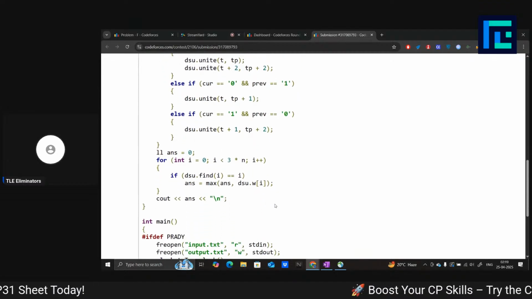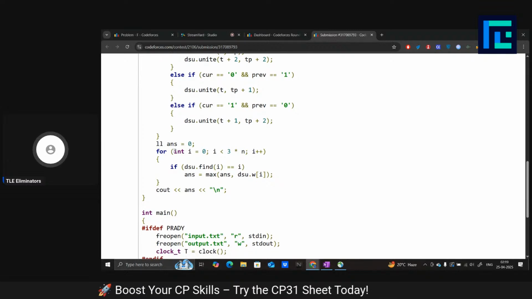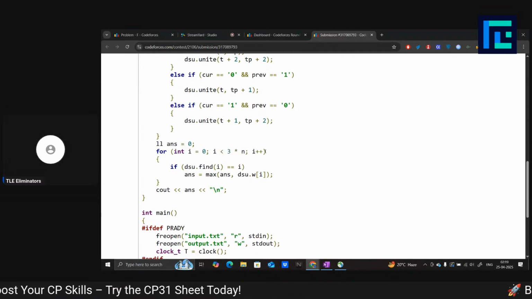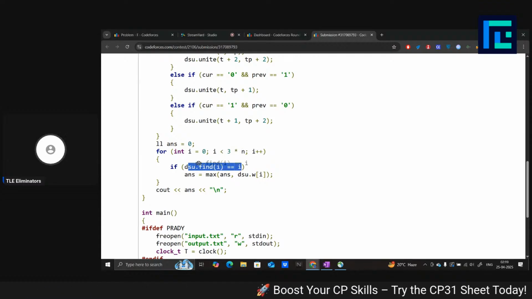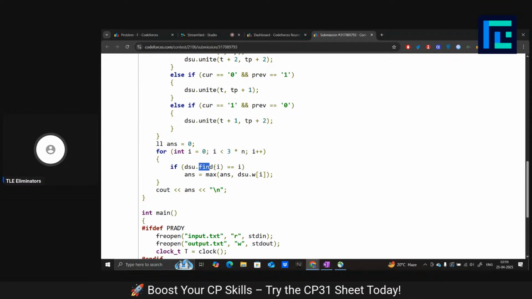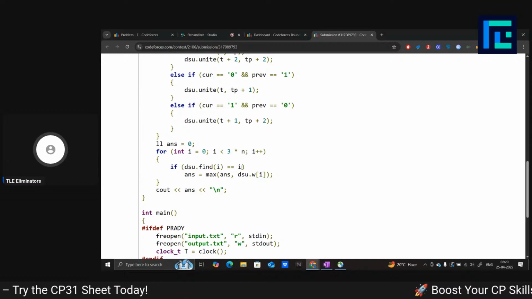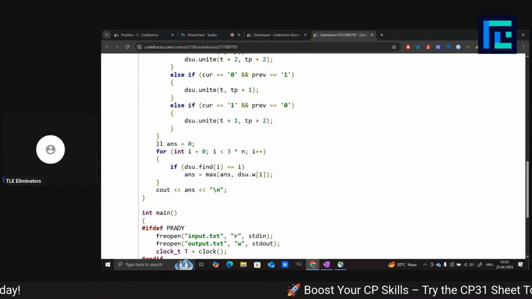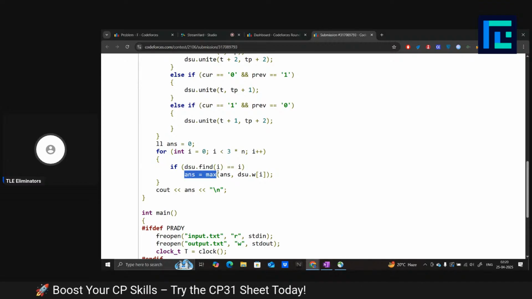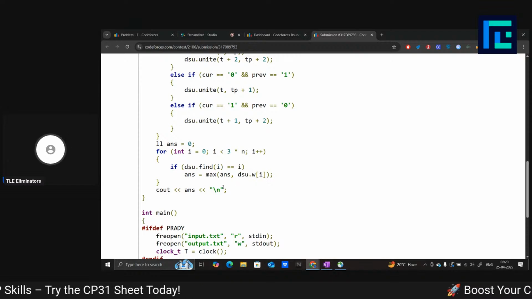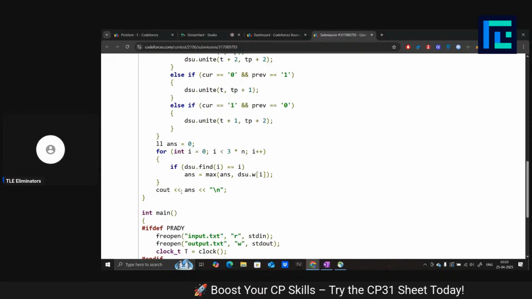Right. And finally the answer, we print the answer, equal to 0. So I'll iterate over all the components, and if DSU dot find I equals I, then that means that is one of the components. If DSU dot find I is not equal to I, then doing DSU dot W of I does not make sense, because that is not a component in itself. So if I am on a component, I'll do ans equals max of ans comma DSU dot W of I, and then I'll cout ans. Okay, so yeah, this was the code,